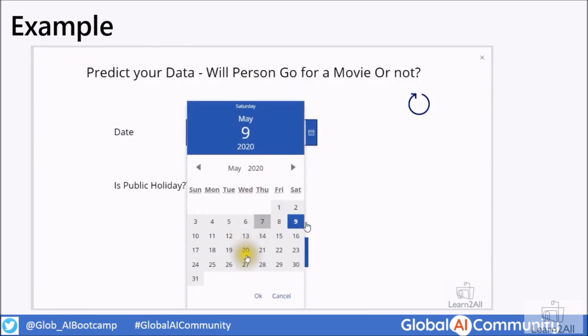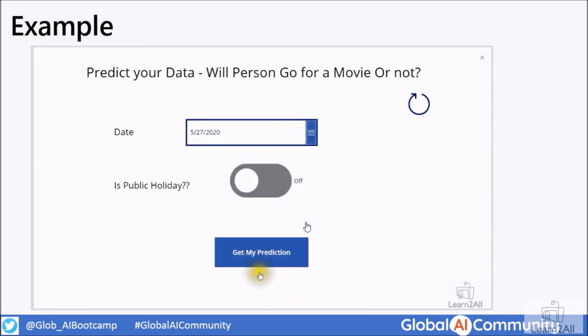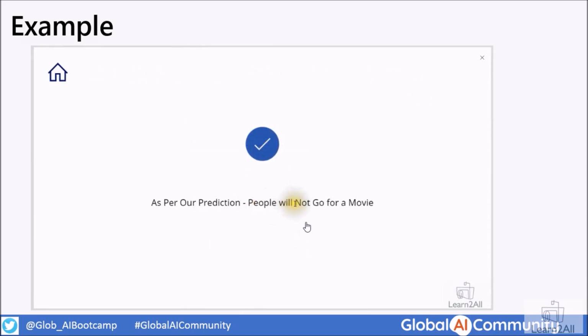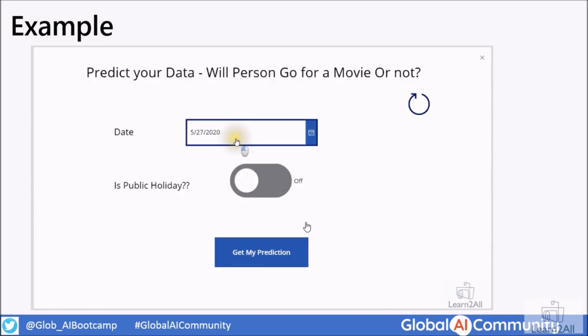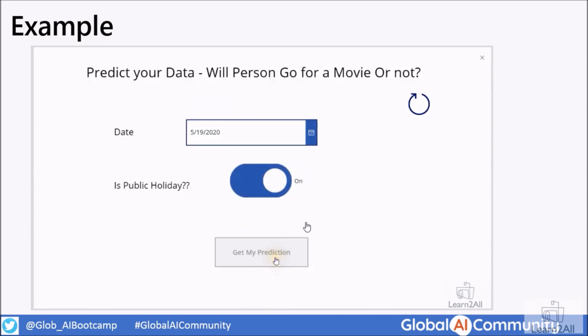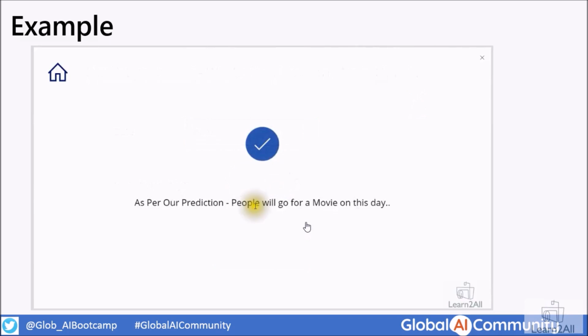So let's say here I've selected weekday 27th of May 2020 and I'm clicking get my prediction. Here I can see that yes, people will not go for a movie because it's a weekday, a working day, so there might be a possibility that fewer people will go for a movie. Now on Tuesday I have selected, but it's a public holiday, so there might be a possibility that the maximum number of people will go for a movie on this day.